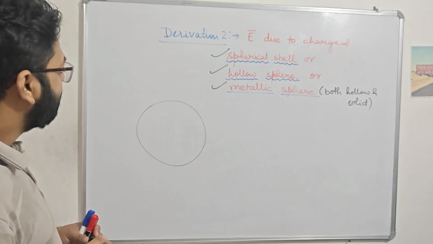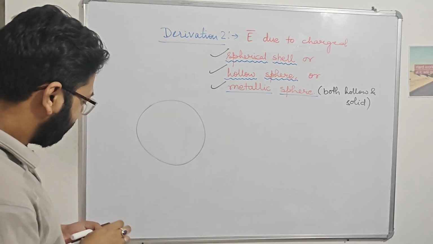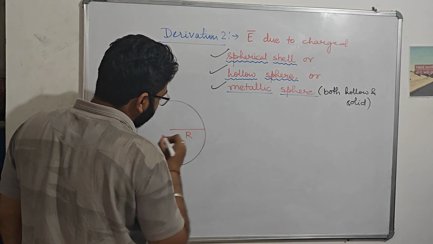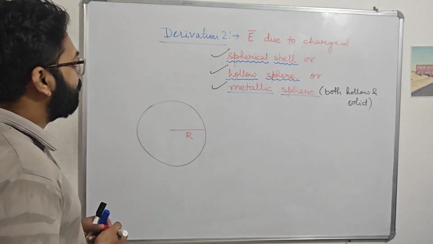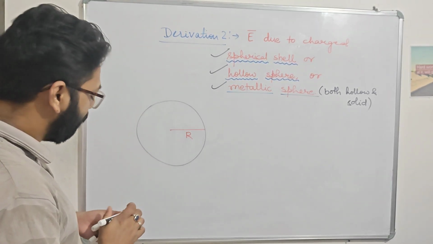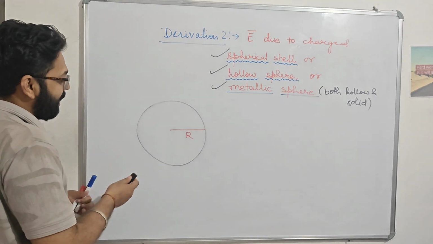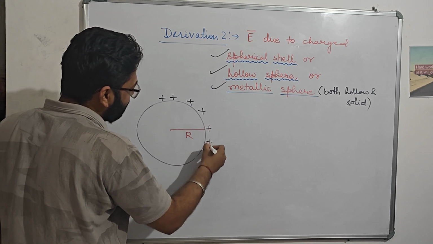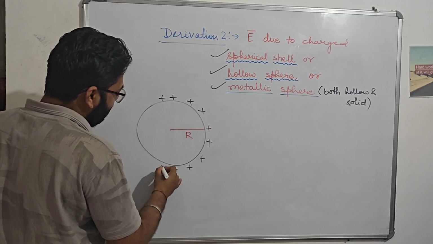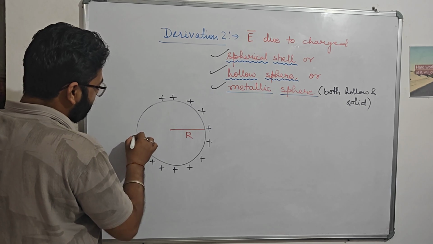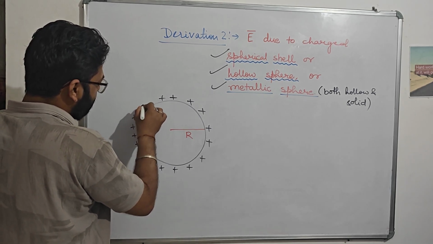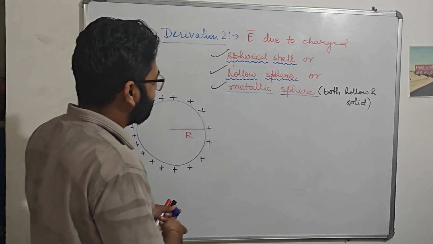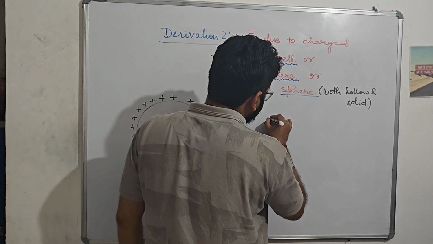This is the sphere and I'm taking the radius as capital R. One thing I would like to tell you is that in all these cases, the charges are present only on the surface. There is no charge inside the volume. Please try to remember this very important point. There is zero charge